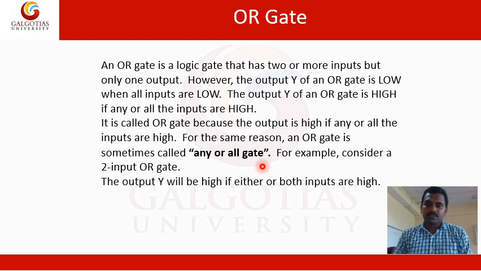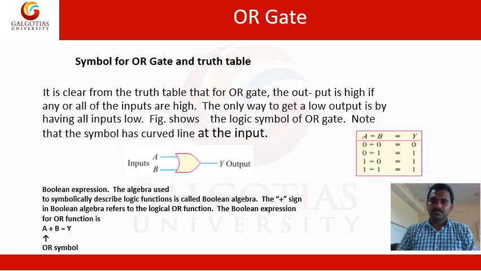We will discuss OR gate further by taking two inputs. So here you see the two inputs, A is an input and B is an input. The OR gate is represented by this symbol. So this is the symbol of the OR gate, and the plus sign in Boolean algebra refers to the logical OR function. So the Boolean expression for the OR function is